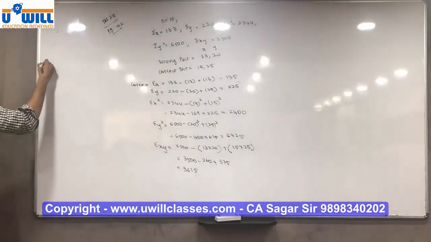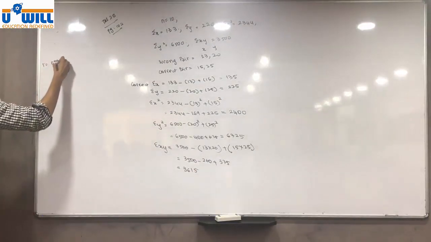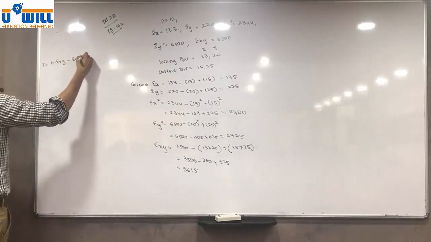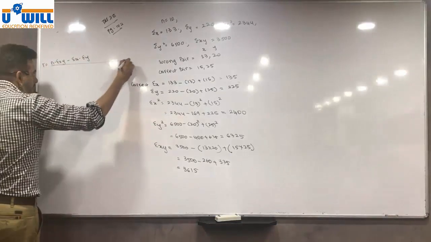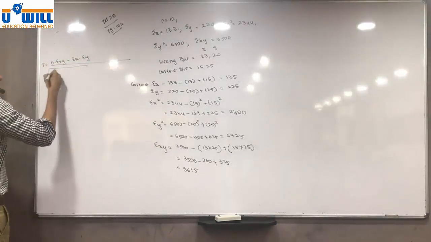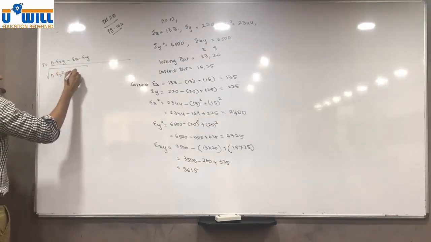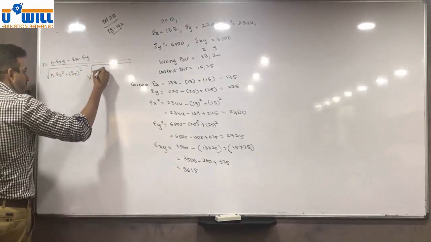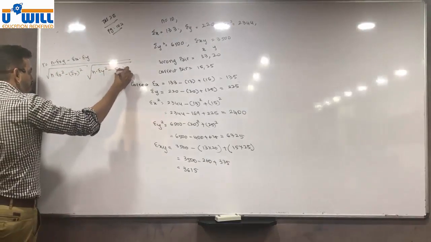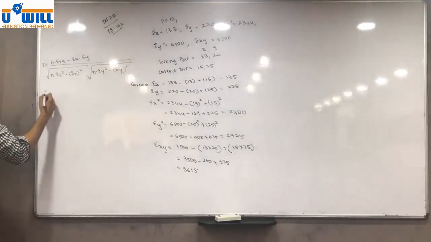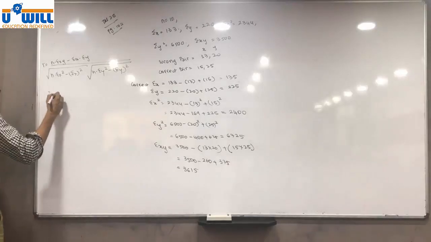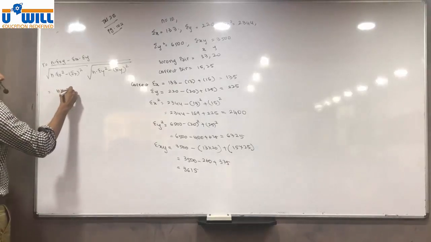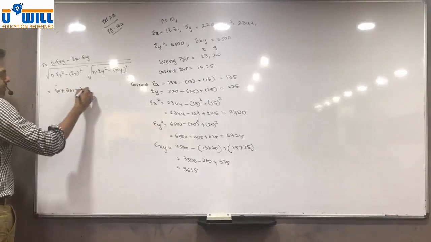Okay, so R is equal to n sigma xy minus sigma x into sigma y under root n sigma x square minus sigma x the whole square under root n sigma y square minus sigma y the whole square is equal to 10 into 3615 minus